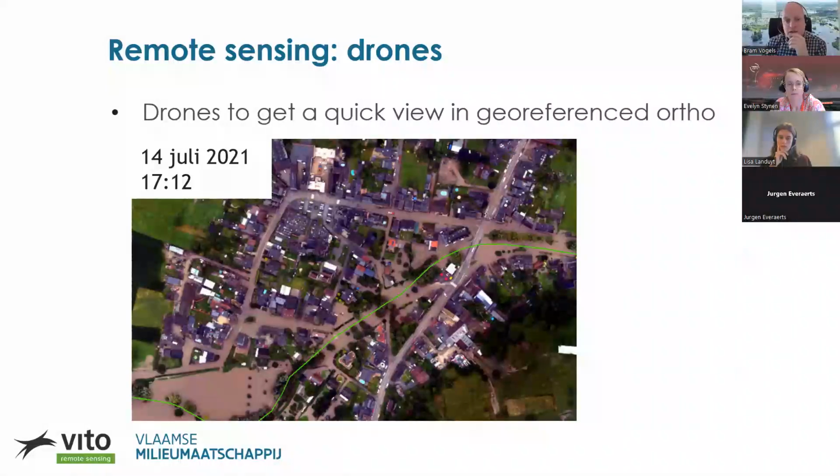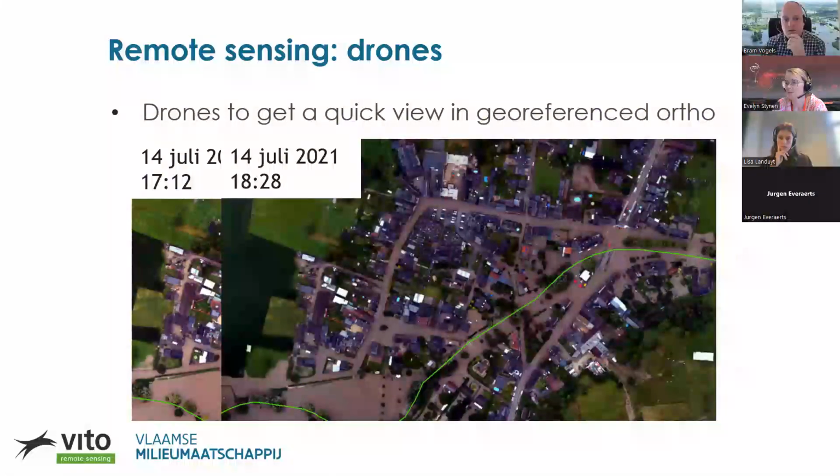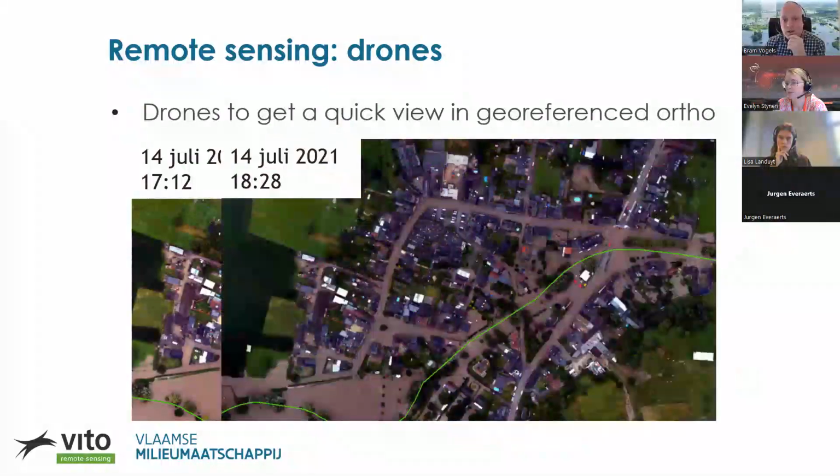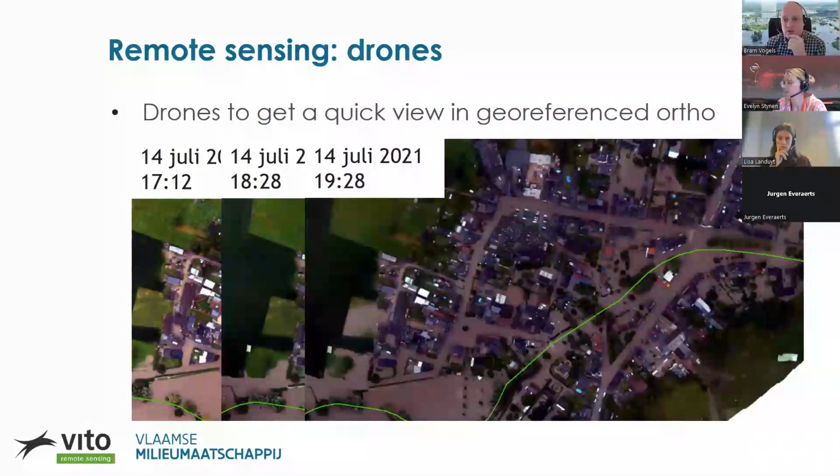And certainly, if the area is not too big, we fly this in georeferenced ortho pictures, so we can immediately incorporate the pictures in the GIS systems, and also we can follow the flood. So in the first image, you see that a part of the city center is flooded. 1 hour later, you also see that almost the whole city center is flooded. The fire department is trying to hold the water here. But in the last picture, you see that also this last line of defense, the water is running around